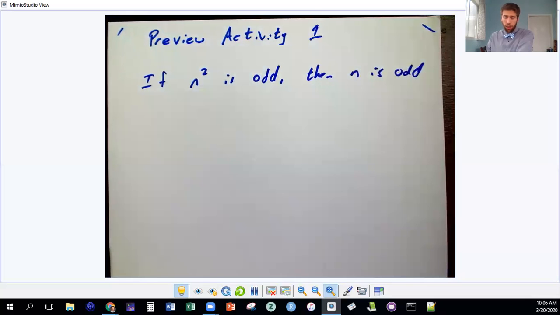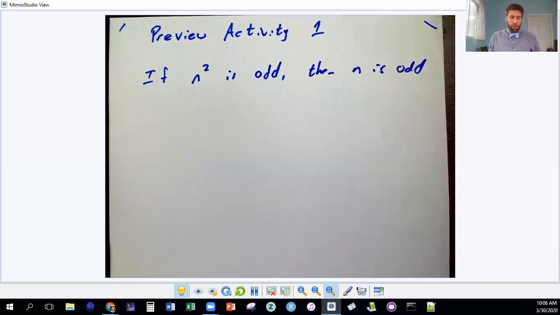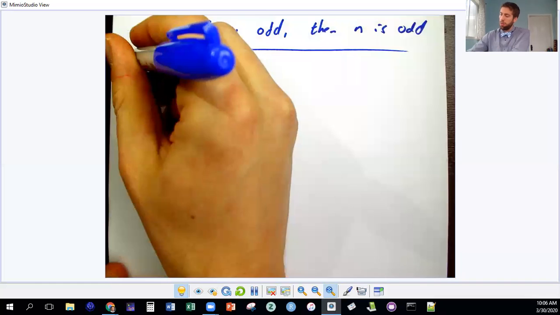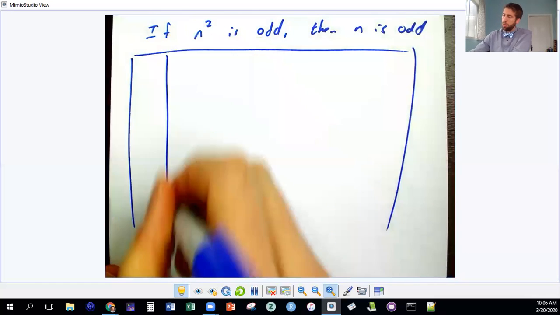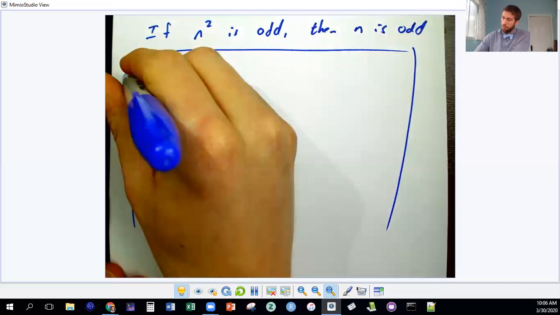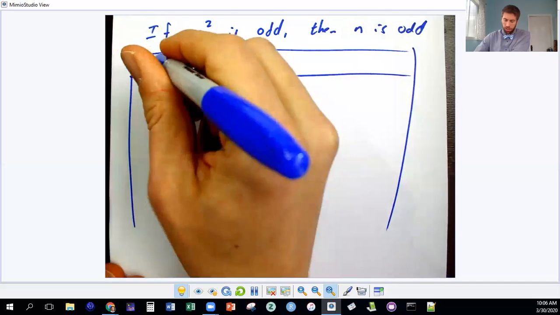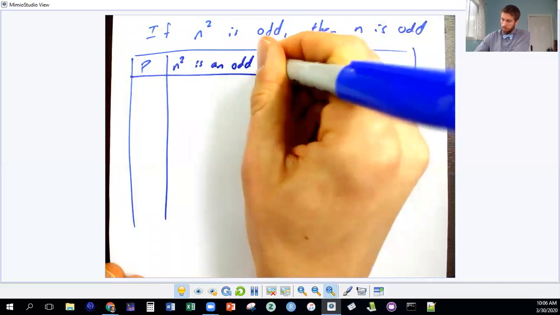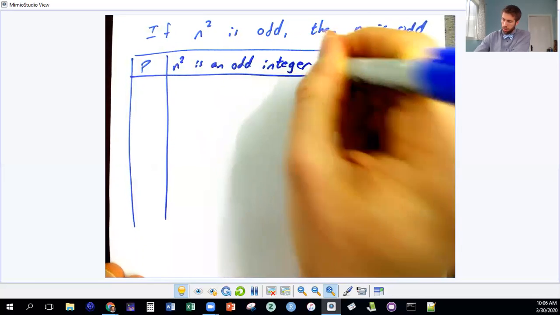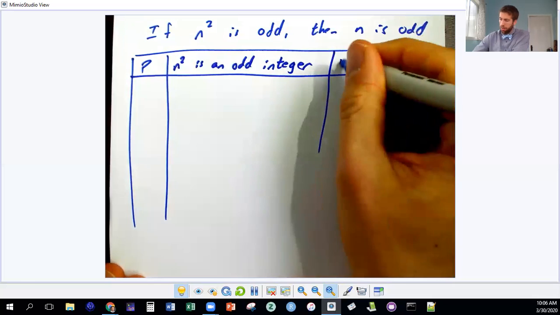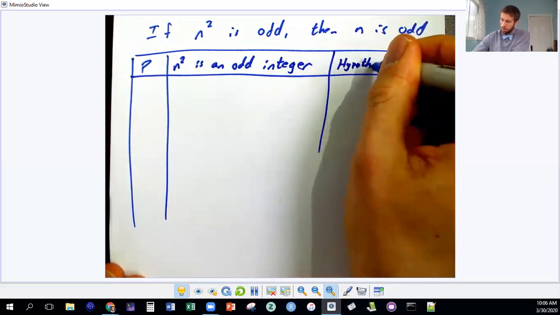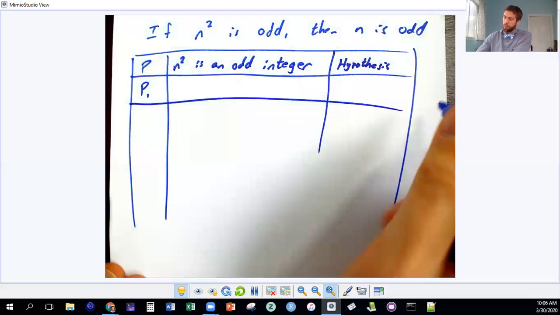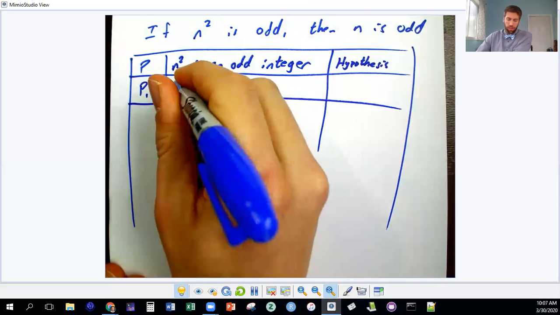Okay, so we're given the beginning of a know-show table. So let's just make that here. So we've got P, that n squared is an odd integer, and that's a hypothesis. And then we're given P1, and that means that there exists